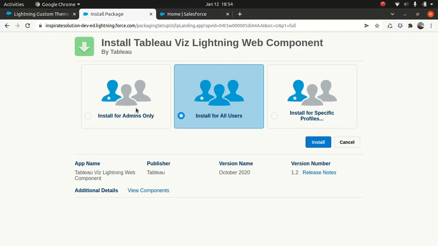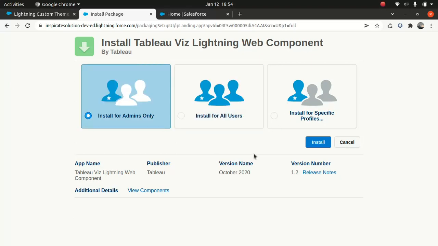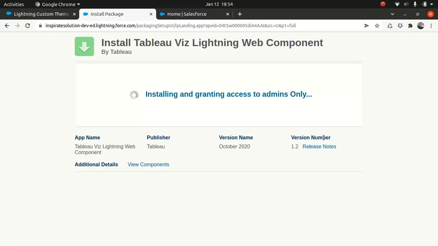So here, which is pretty cool, you can do install for admins, for all users, or for a specific profile. Which is pretty interesting. If you don't want to install it for every profile, you can use this one, right? Normally, I prefer this for now. Like I said, it's based on your business requirement, who you want this app to be installed